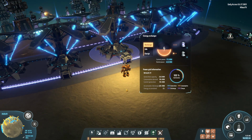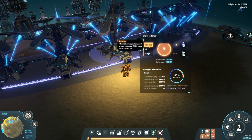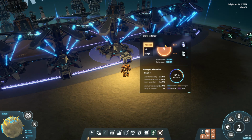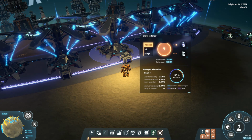The idea is that they have two modes. Well, technically they have three. They have an idle mode, but they really have a charge and a discharge mode. In the discharge mode, they take full accumulators and take the charge out of the battery and give it into the network, leaving an empty accumulator. So it goes in here, and then it discharges, and it goes out there. Or they have a charge mode in which they...